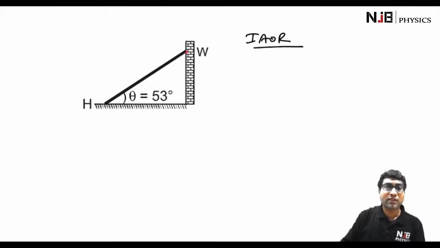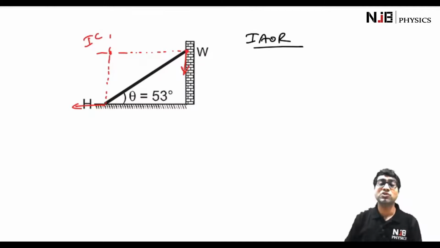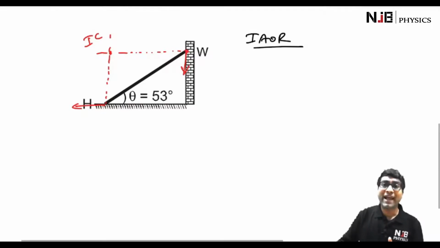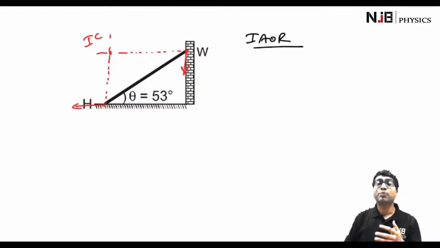For example, the upper end, we know that its velocity must be in the downward direction, and for the lower end, its velocity must be in the left direction. So all we need to do is draw perpendiculars to these velocity vectors. When you do that, you will find that the point of intersection of these two perpendiculars is going to be the instantaneous center. And an axis that passes through this instantaneous center and is perpendicular to the plane is going to be your instantaneous axis of rotation. And about that axis, the rod is going to perform a pure rotational motion